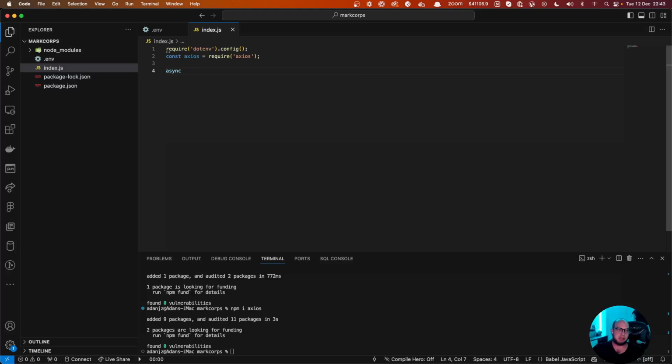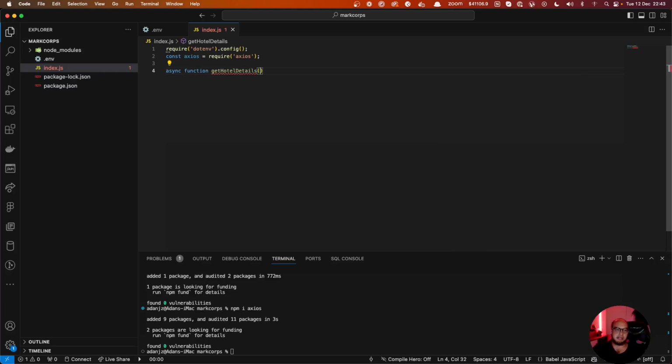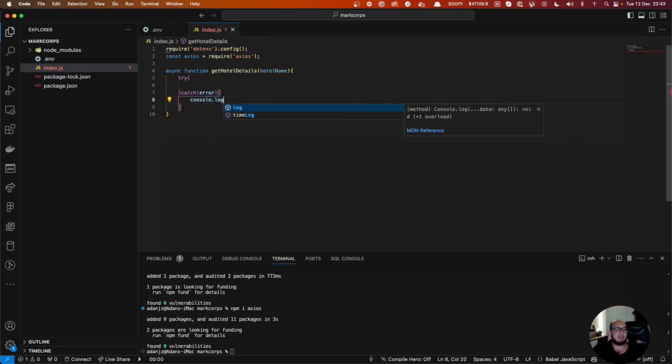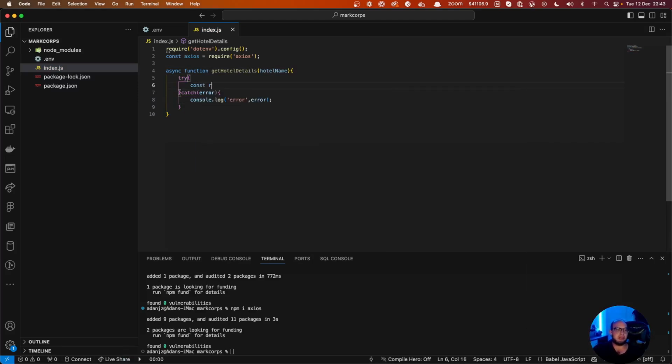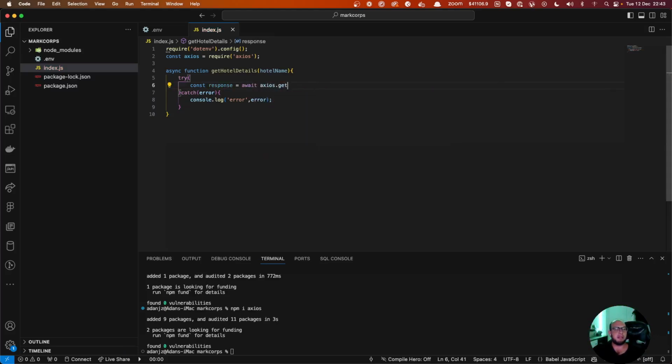So the first function is gonna be getHotelDetails. We're gonna send a hotel name. For this specific function, we're gonna do a try catch to get the errors. Console log error, and we're gonna do const response equals await axios.get with the URL, which is https://api.makcorps.com/mapping,